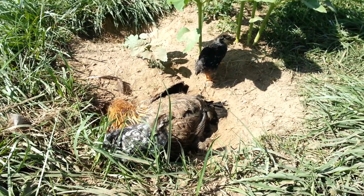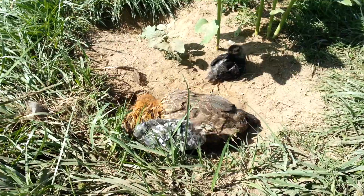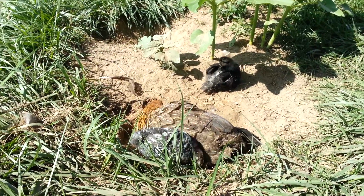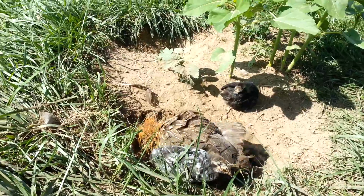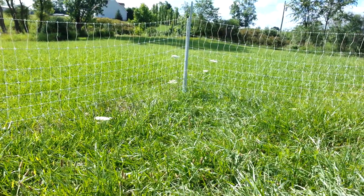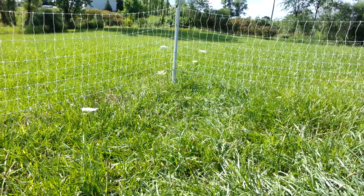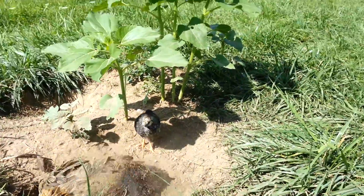Yeah, we haven't had much rain here. It's been really dry. As you can tell, the dust here is very dry. We had a little bit, but it wasn't enough to really soak the ground. And we're on clay. For some reason, we have a streak of sand here, but most of it's clay over in the corner parts there where I have the paddock set up. I need to get them out of here because there's a lot of grass